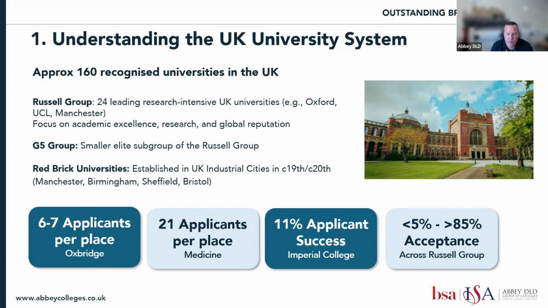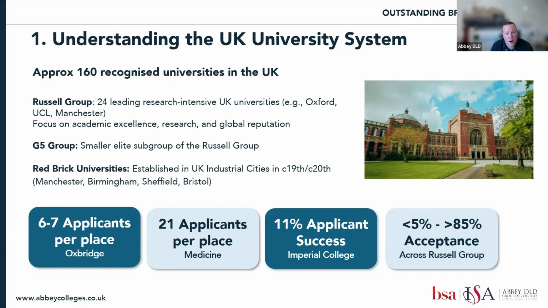Imperial College London, one of the members of the G5 group, ranked 2nd globally in the last UCAS rankings. You can see there's an 11% applicant success rating. But one thing that is also important to notice is that when we look at the Russell Group, for example, there's a wide range of competitiveness across it. Some universities within that Russell Group might have a less than 5% success rate, whereas some are over 85%. So it's really important to